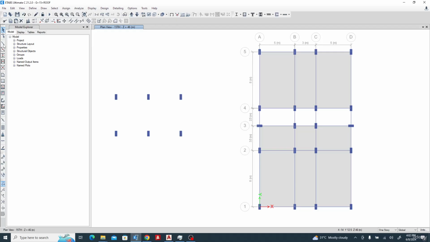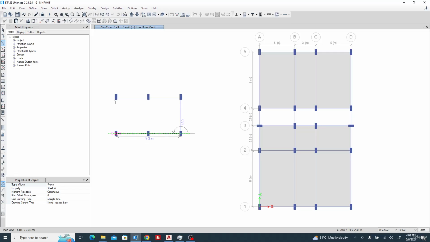Now I want to create a simple beam. Okay, so I'll just create a beam like this. It doesn't matter the property, I'm just using it for explanation. Okay, so I've done this. Now I want to create a beam in the middle. I can easily draw the beam also in the middle,